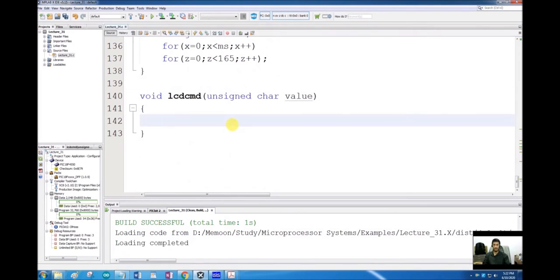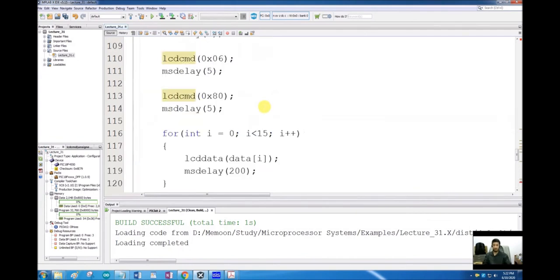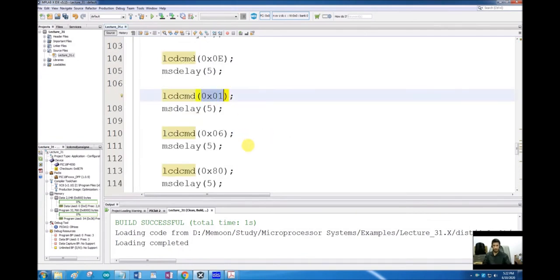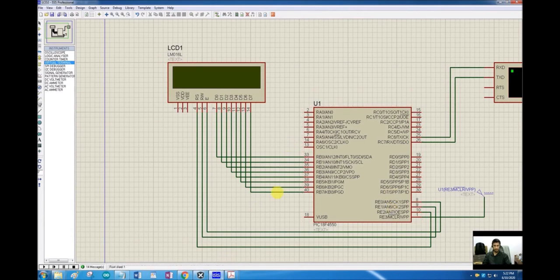And what did I tell you about how to do that? We have to first send that value. LDATA is equal to value. First we have to send this number to the port so that it comes on these 8 data pins.